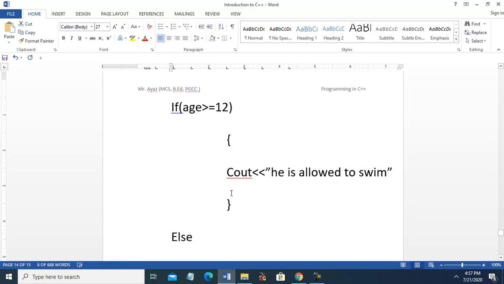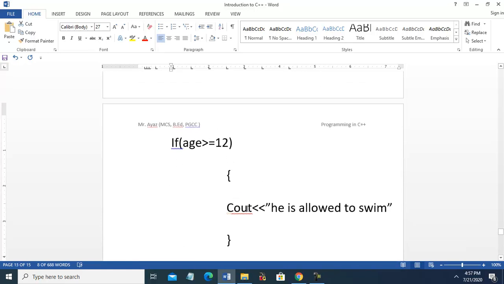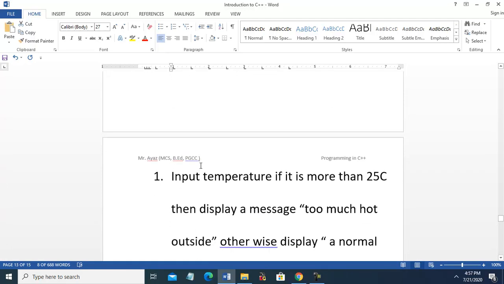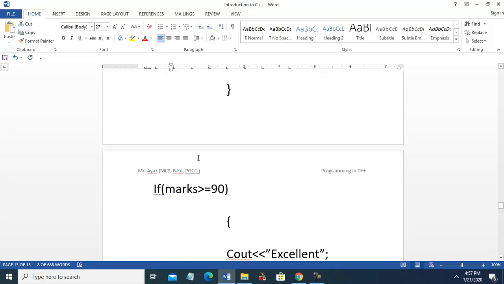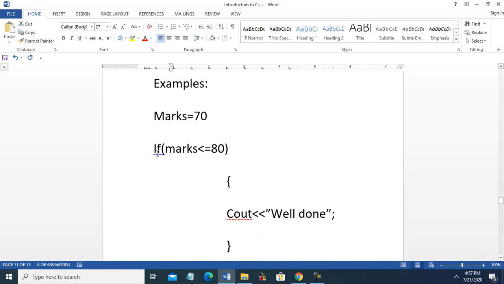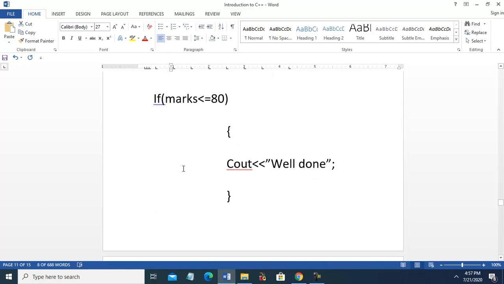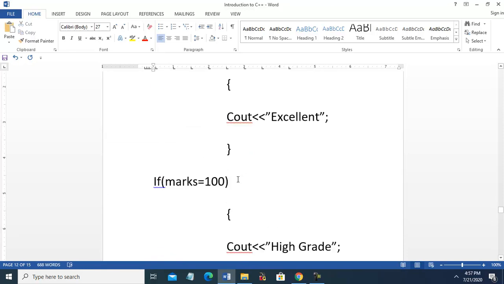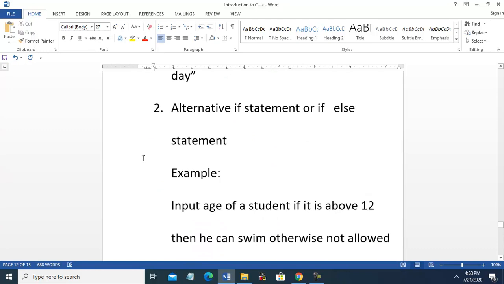Okay, and today we have discussed two options: if, one-way selection. For each and every criteria we will use an if statement. However many criteria you have, you will use if for all. And second, we have discussed alternative, only for two.